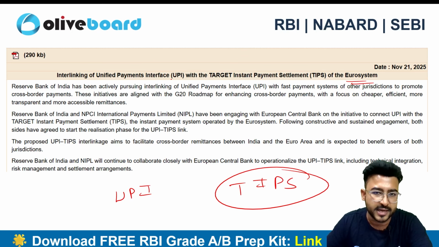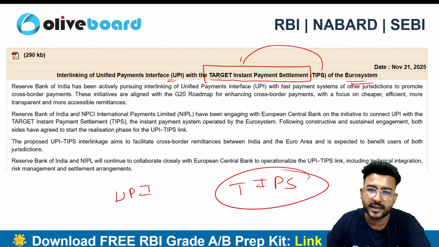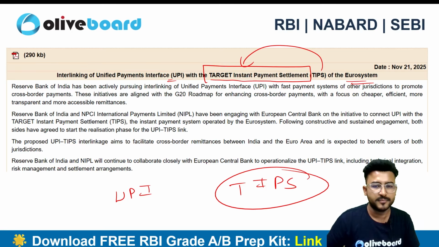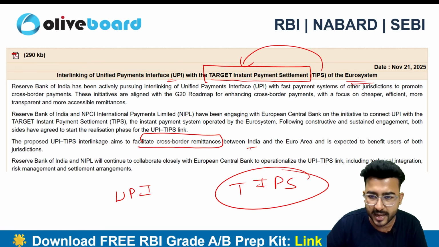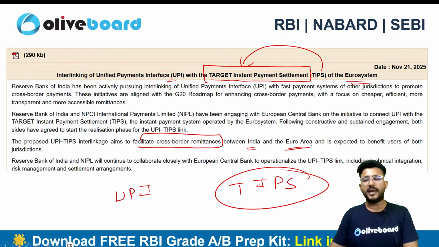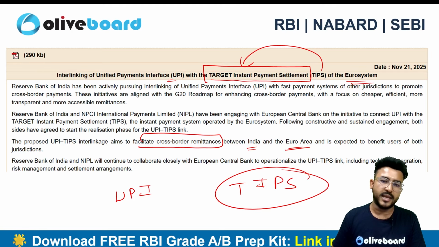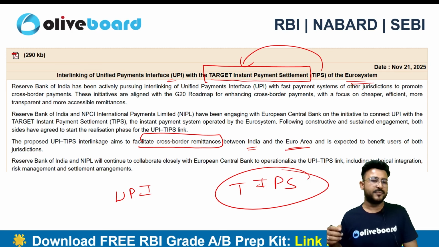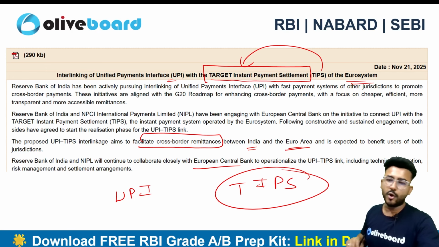In India we have UPI, and they have interlinked it with the TARGET Instant Payment System. Acha, what is TIPS? TARGET Instant Payment System is the full form, which is a euro-based system, right? The whole idea is to facilitate cross-border remittances between India and the euro area. And definitely this is going to have many benefits for both India as well as the euro area, right? And NPCI and RBI will continue to collaborate closely with the European Central Bank to operationalize this